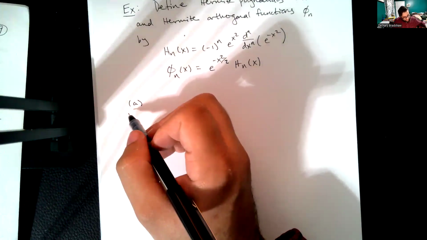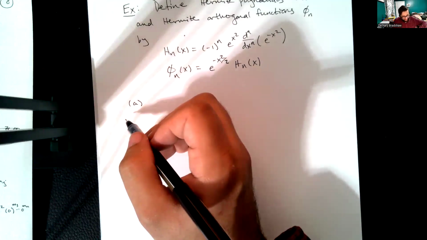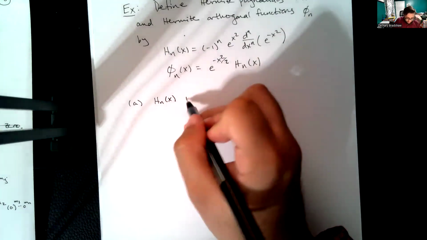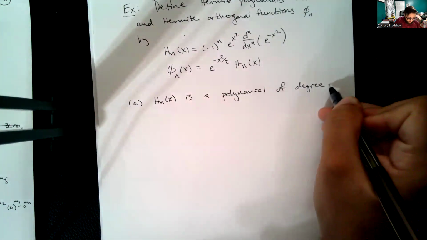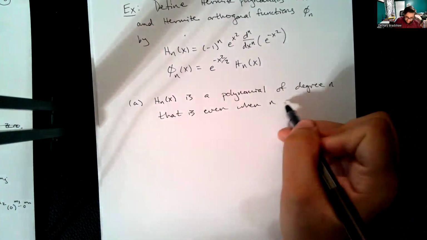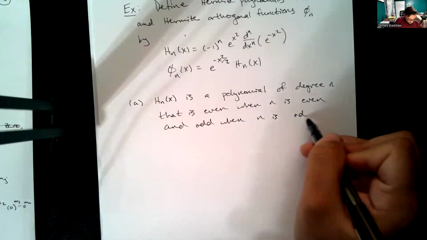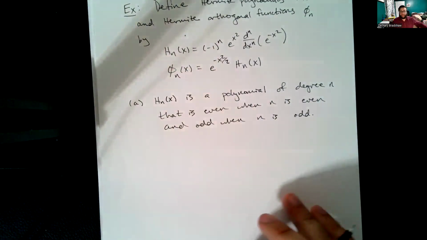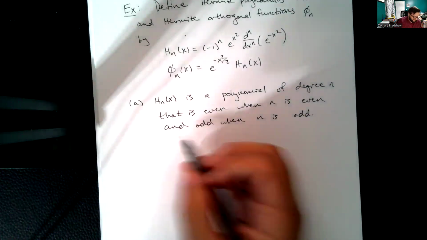Okay. And what we can do is, well, first of all, let me verify, do I actually need this? I believe I will use this fact. Yeah, okay. So what we can do is we can show that Hn is a polynomial of degree n that is even when n is even and odd when n is odd. I'm not sure if we're going to use this even and odd fact, actually, but I'll use the fact that this is, in fact, a polynomial. And the way we see this is by